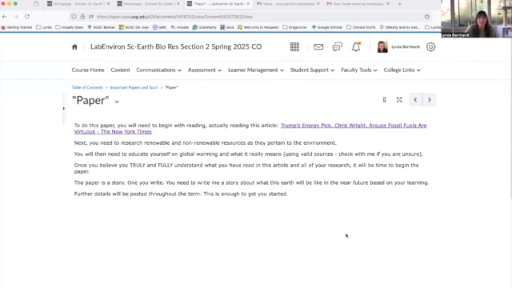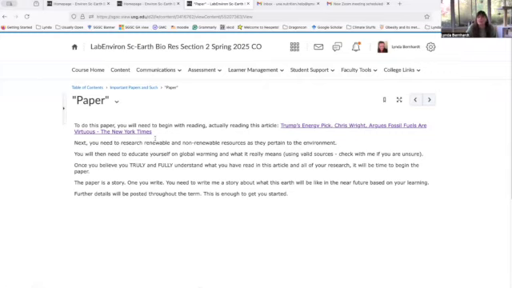Now I am going to go to, I have to, doing it in the background, to why in the world it didn't open that paper. So your previous instructions were right here. So you needed to begin with reading this article, which is about who was chosen to be our energy pick. And the reason this one is used and why you have to understand renewable and non-renewable is because this person is pushing for more fossil fuels. And so that's very important about the environment.